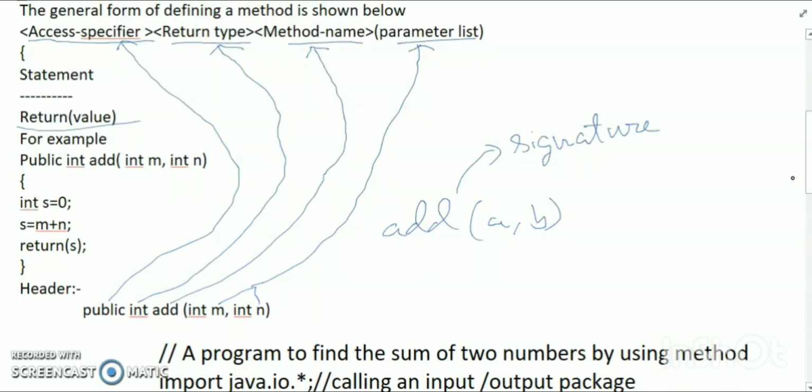Now I move to another part, that is the return type. Okay, return type, it is the data type used before the method name. This is the return type. I have already shown, before the method name, the return type, and the return type is int. Okay, int, float, anything. Okay, method name, in method header